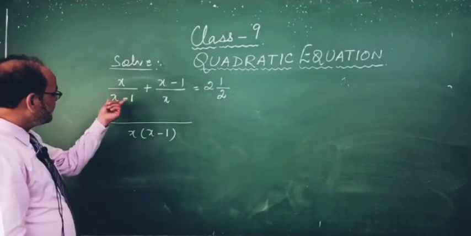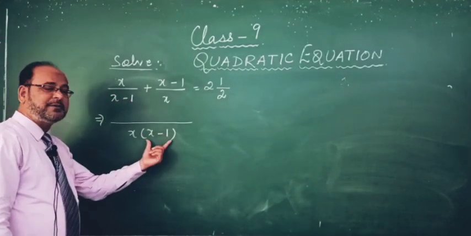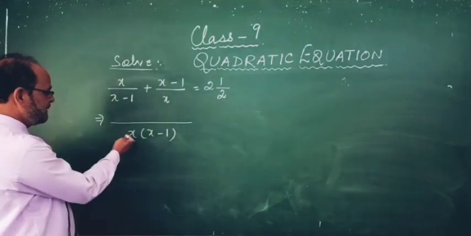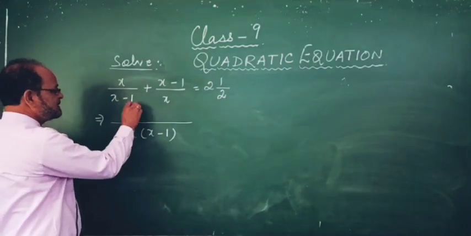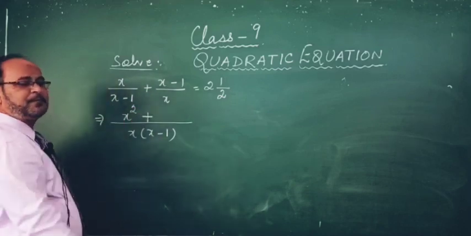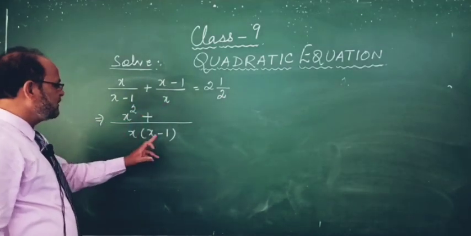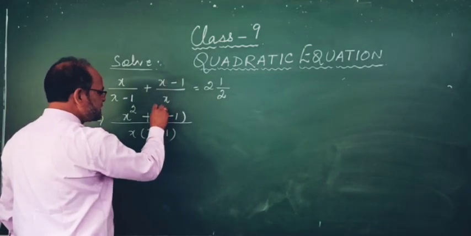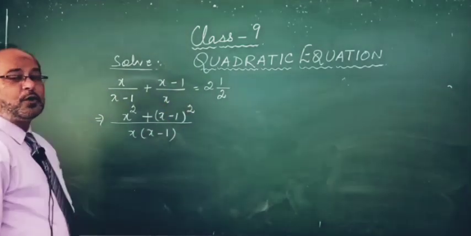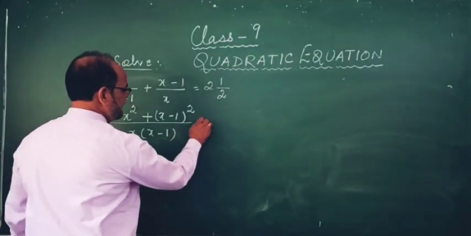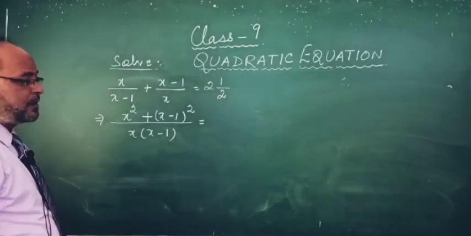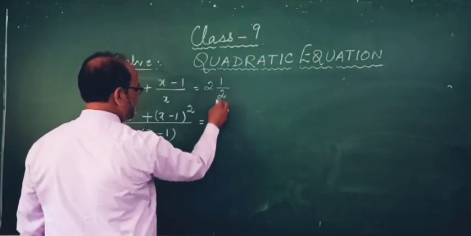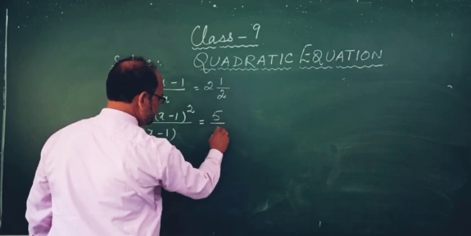Okay, here you will divide x minus 1 into x minus 1. So this x minus 1 will be cancelled out. What will be left? x. Then you will multiply x in x. It will be x square plus. Here when you will divide x, what will be left? x minus 1. Then x minus 1 you will multiply in x minus 1. You will get x minus 1 whole square. Here a mixed number is given. The fraction is given in mixed form, you will change it into improper form. So 2 twos are 4 and 1, 5 upon 2.